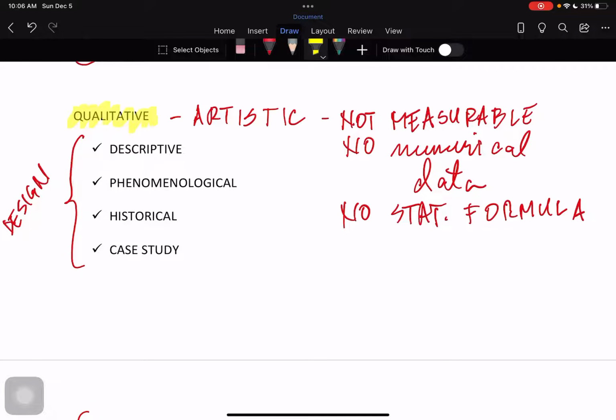And this is phenomenological. When we talk about phenomenological or phenomenon, this focuses on a phenomenon that happens within a community or society. A phenomenon is an event that cannot be easily explained or given an explanation. Okay? So an example of a phenomenological study is based on the lived experiences of individuals in a particular situation. Example, right now, in the year 2020, 2021, we had this